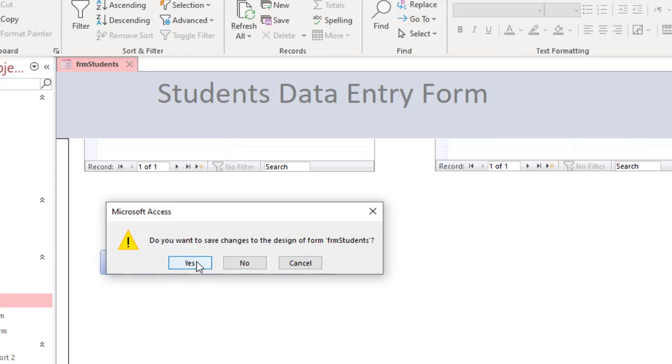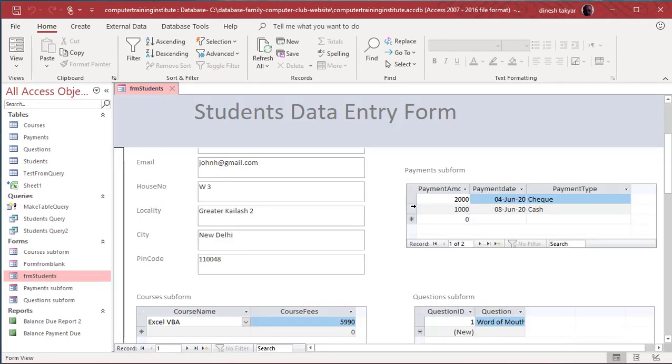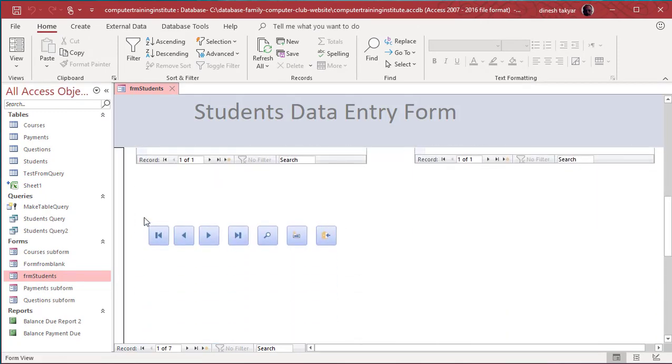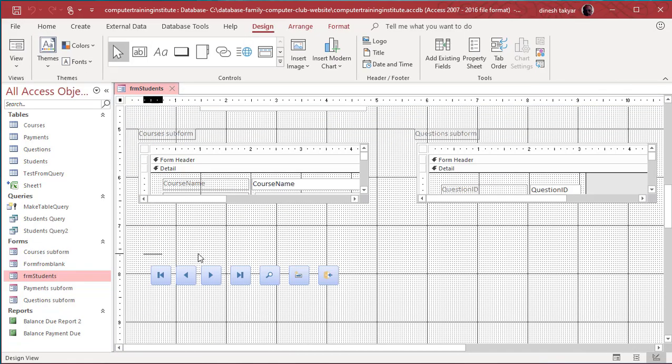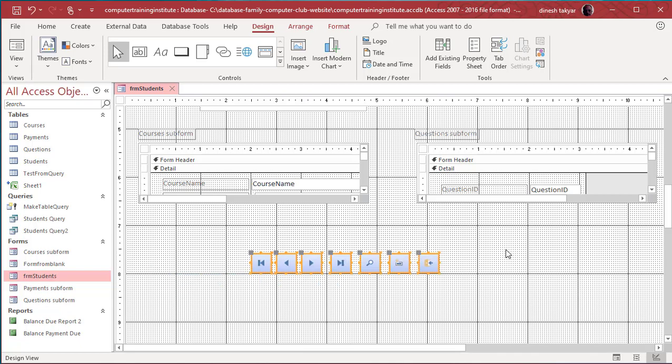So we'll save, yes, of course, and we'll double click now, and you see we have these buttons here in the design mode. You can select them and you can place them wherever you like.